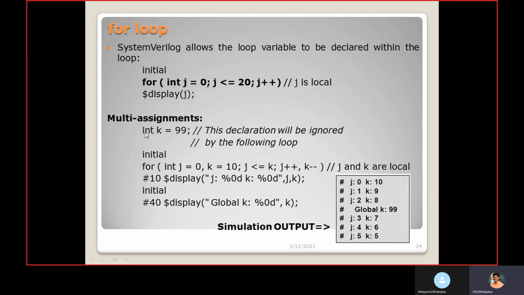Here in this example, k is a variable I declared on top of this for loop. It is a global variable in the code. Inside the for loop, again I declare a variable k, int j equal to 0 and k equal to 10, and I am checking the condition j less than or equal to k. If this condition is satisfied, it will get into the for loop, and if not satisfied, it comes out of the for loop.